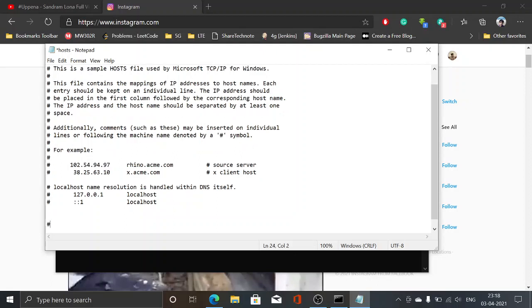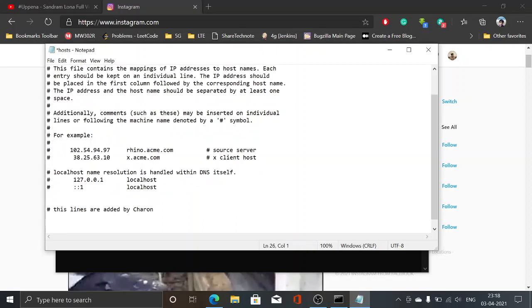First I am adding a comment saying these lines are added by GH Charan. Charan is my name. These comments are just to keep track that these lines are added by me.